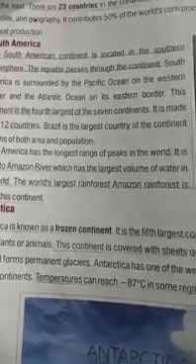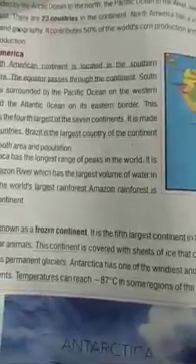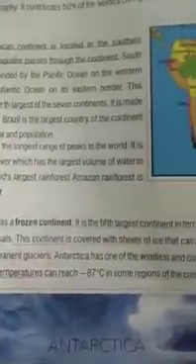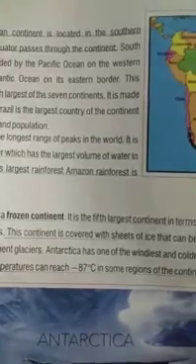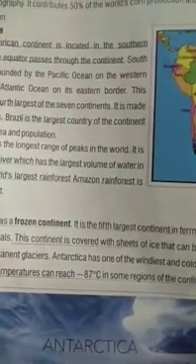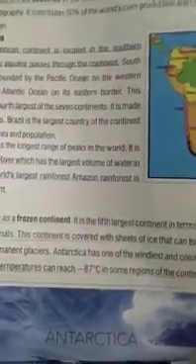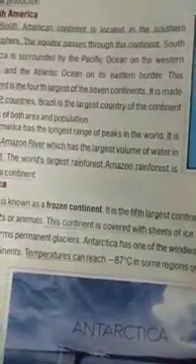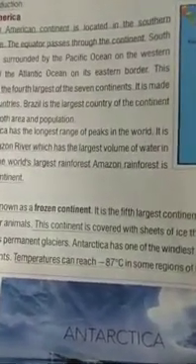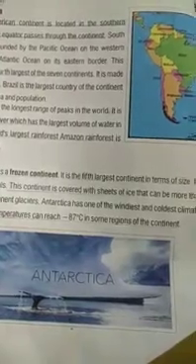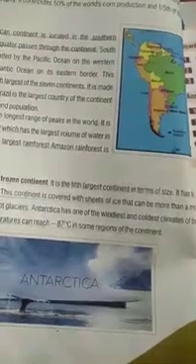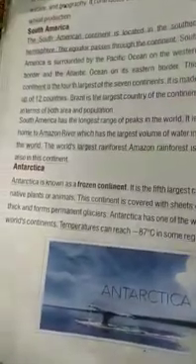It is the fifth largest continent in terms of size. It has few native plants or animals. This continent is covered with sheets of ice that can be more than a mile thick and forms permanent glaciers, as I have told you before. Antarctica has one of the windiest and coldest climates of the world's continents.